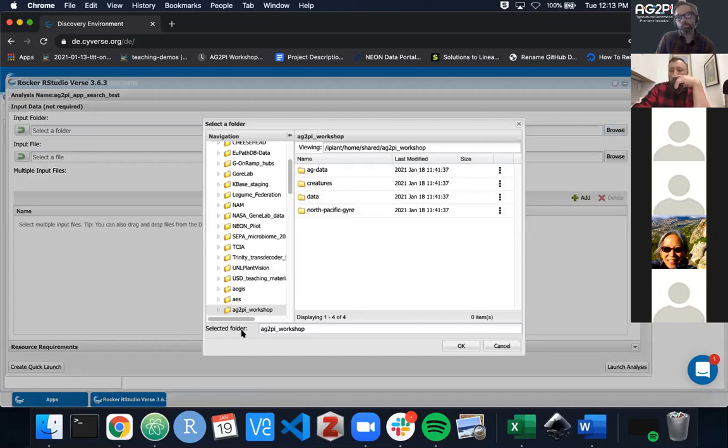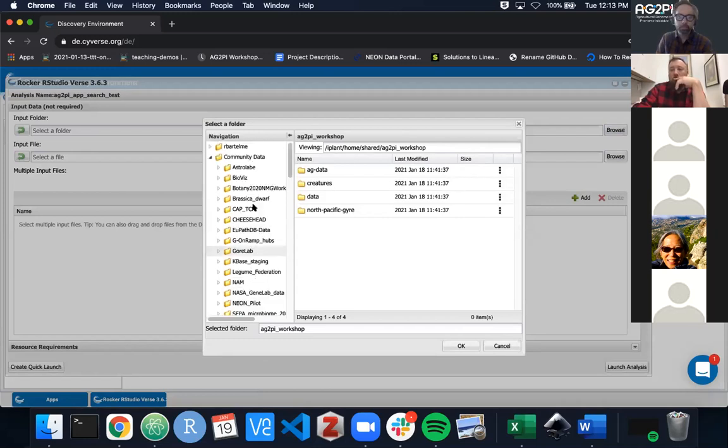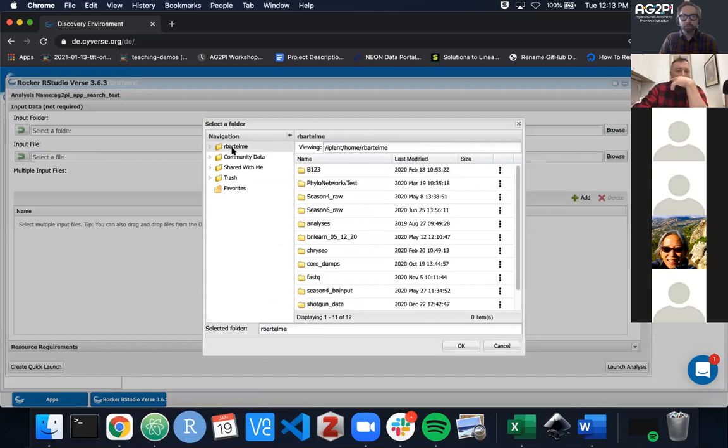And then since the last folder I used was the AG2PI workshop folder, that's the one that's selected, but I'll just start over. So we'll go into community data,